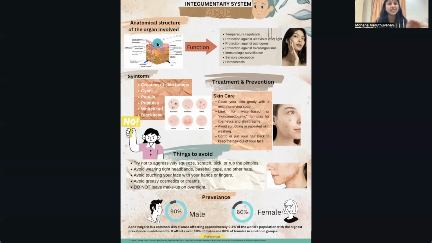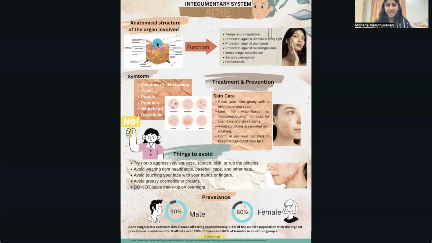The epidermis, which is the outermost layer of the skin, provides a waterproof barrier and contributes to skin tone. The second is the dermis, found beneath the epidermis, which contains connective tissue, hair follicles, blood vessels, lymphatic vessels, and sweat glands. And the deeper subcutaneous tissue is the third layer, also known as the hypodermis, made of fat and connective